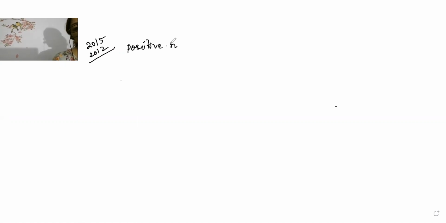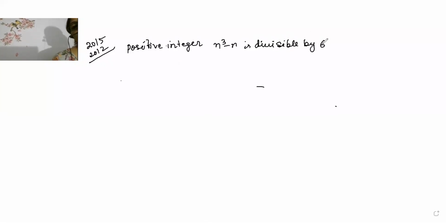First question, yesterday's question, which you had doubt, I'm going to explain that question one more time. This question is very important. Already this question came in CBSE 2012 or 15, I guess. Fine. So now I have to see that. So positive integer. N was any positive integer. Okay. And then they said that prove that n cube minus n is divisible by 6. So this is what we have to prove, that n cube minus n is divisible by 6.